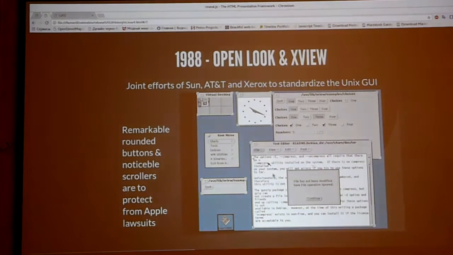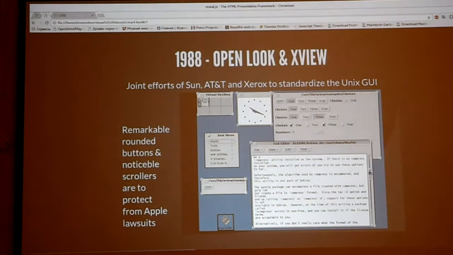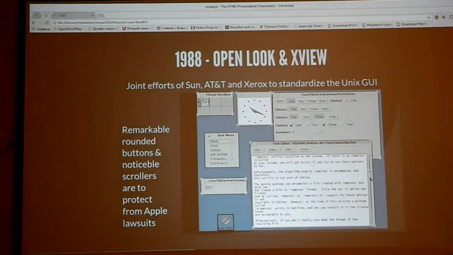Almost impossible to use, and I would like you to look at these scroll bars, which, yes, if you remember recent versions of Ubuntu, I don't know whether Canonical ever saw this, but they have reinvented these scroll bars once again.